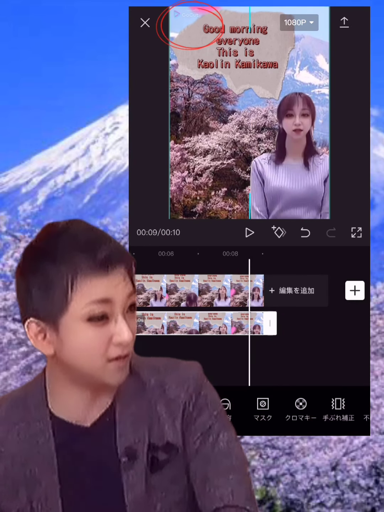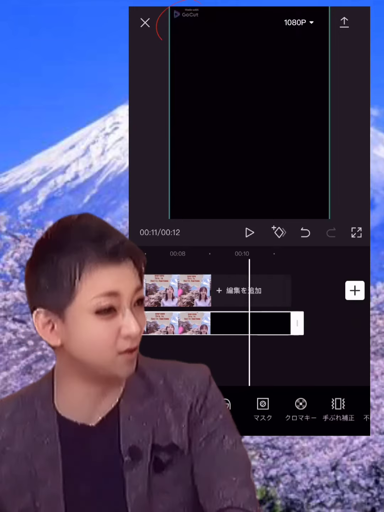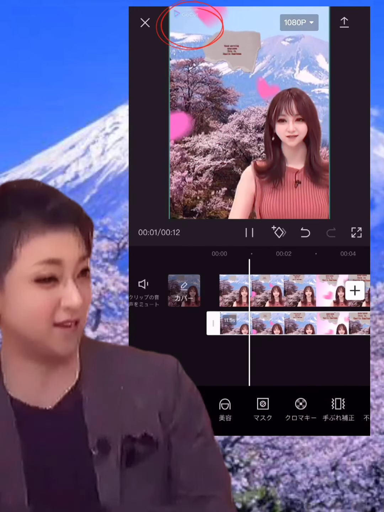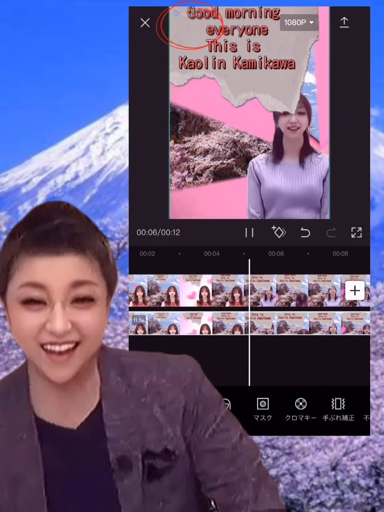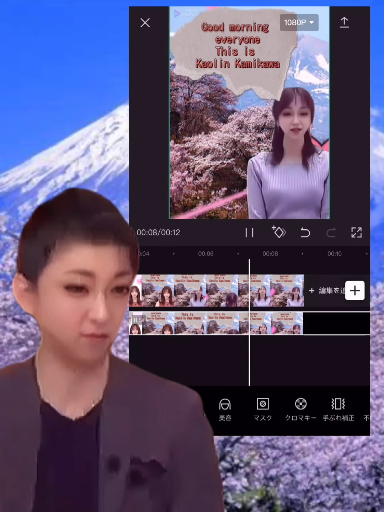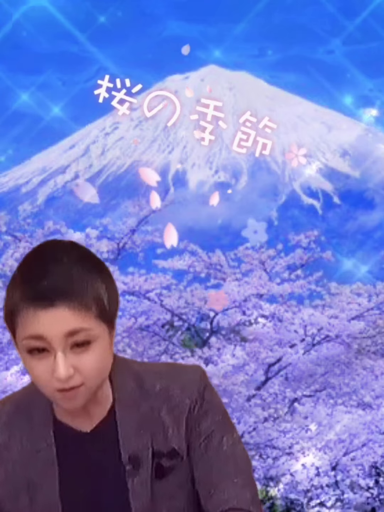Did you confirm whether the watermark can be removed by the above operation? If you plan to use it in the future, we recommend that you pay for it. So, anyway, the mask function of CapCut is a great feature that can be used for various trick videos in the future. CapCut is an app that looks forward to the future. I look forward to your future success. That's all.